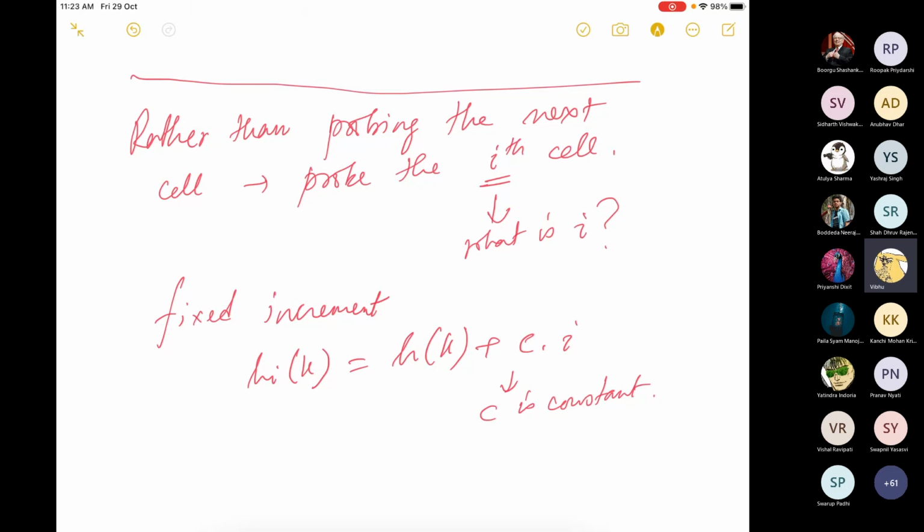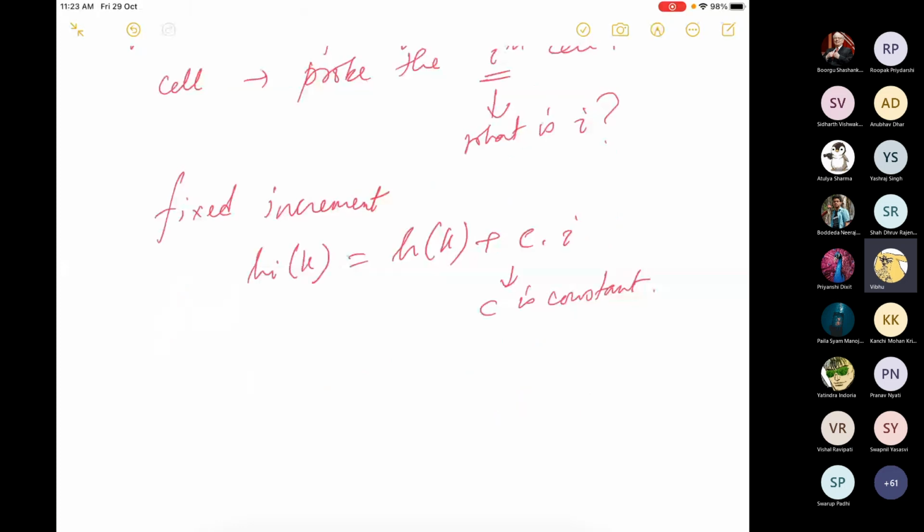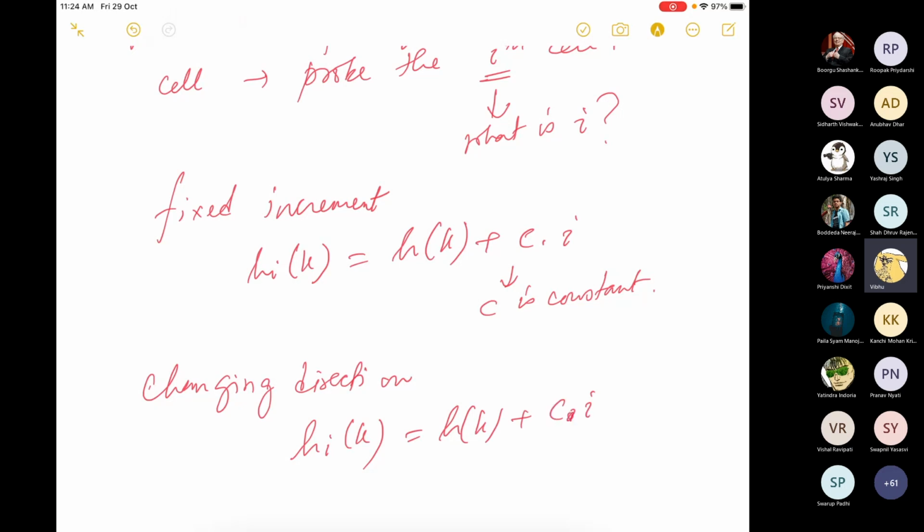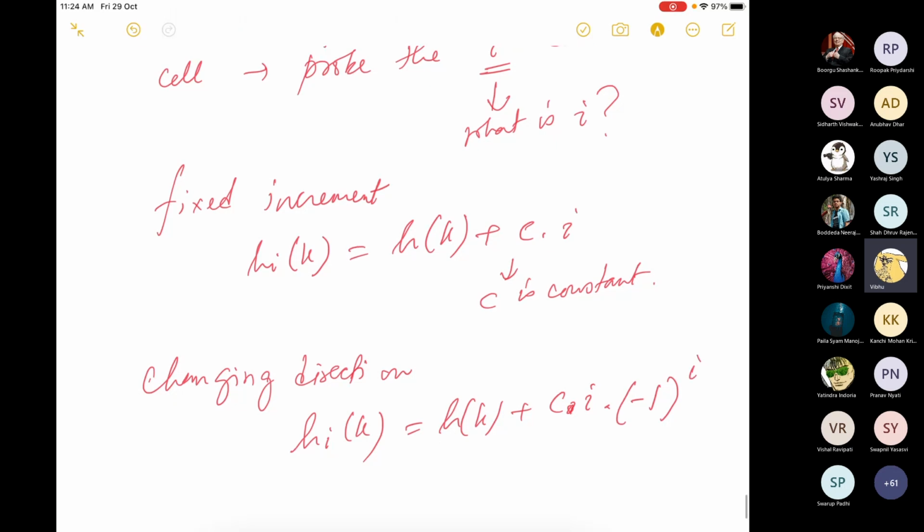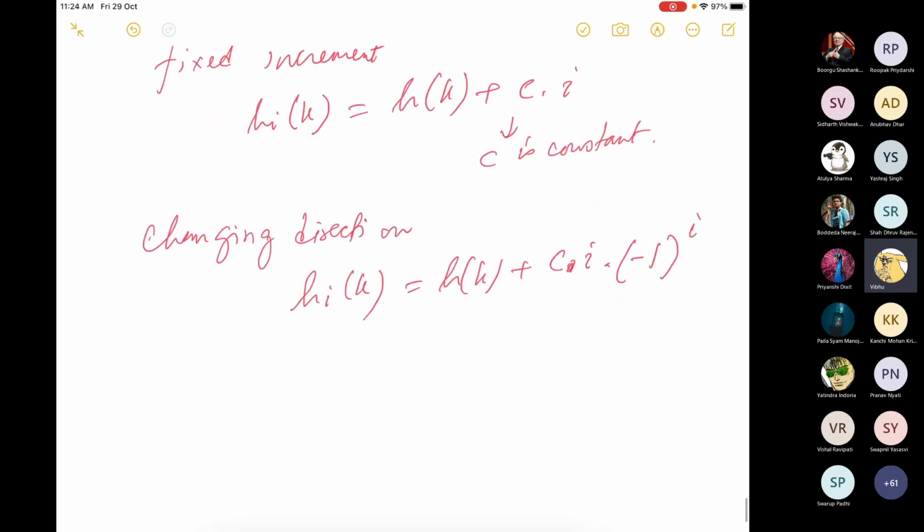Or it could refer to some sort of changing direction, where my H_i(K) is H(K) plus C·i, because it's a circular notion. And an important one is